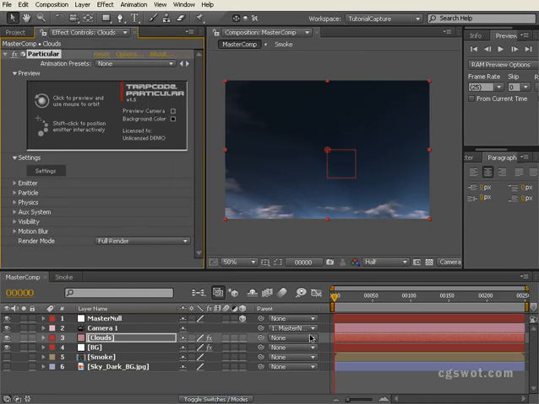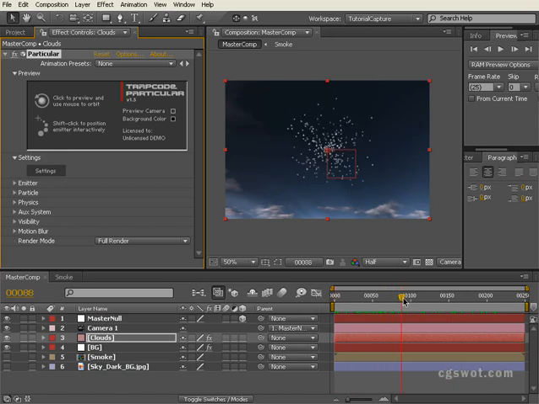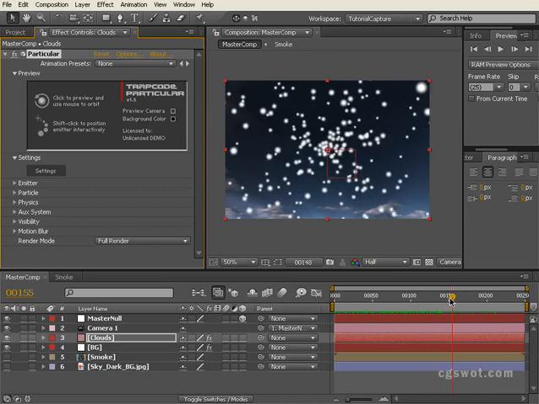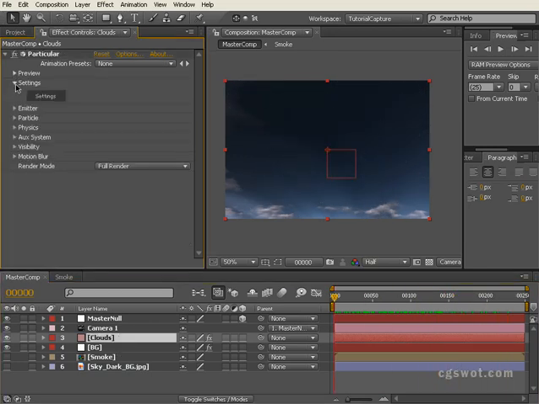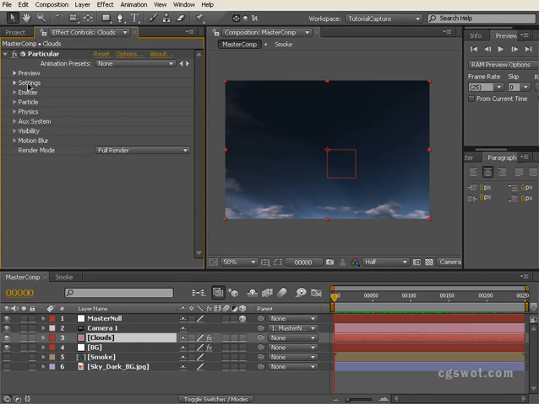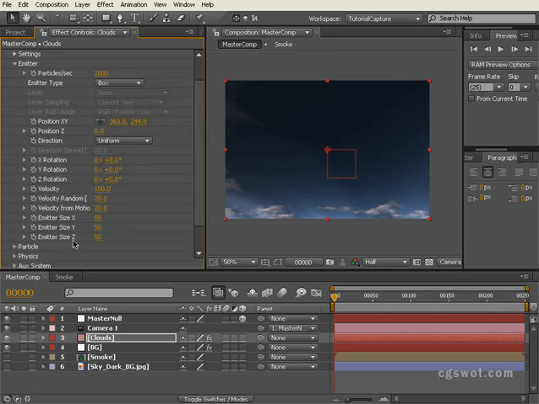And at the moment you won't see anything there, and if we scrub through you'll see that the particles are being created and the camera is actually flying through them. So what we need to do is play with some settings here to get our clouds. The first setting we need to have a look at is the emitter, and we're going to crank that up to 2000. We're going to change the emitter type to box,